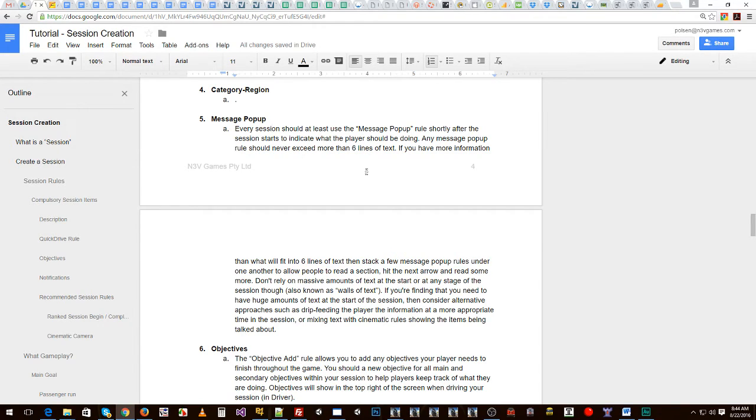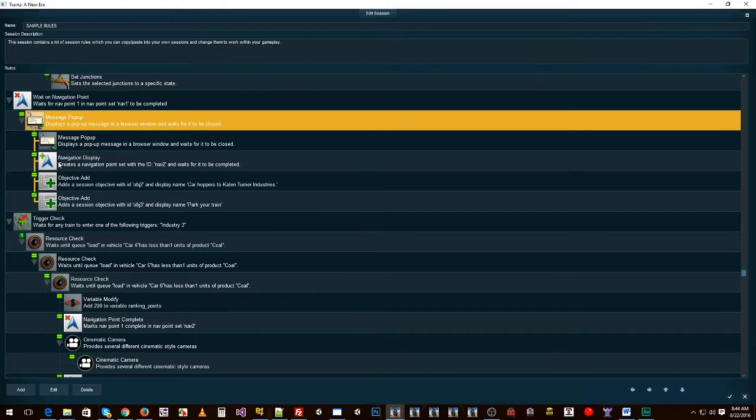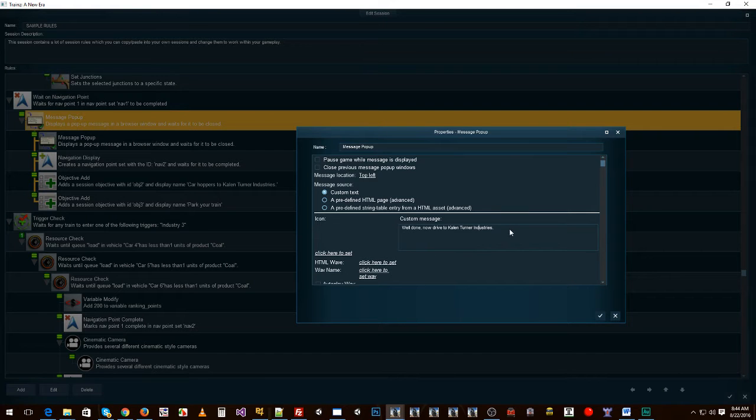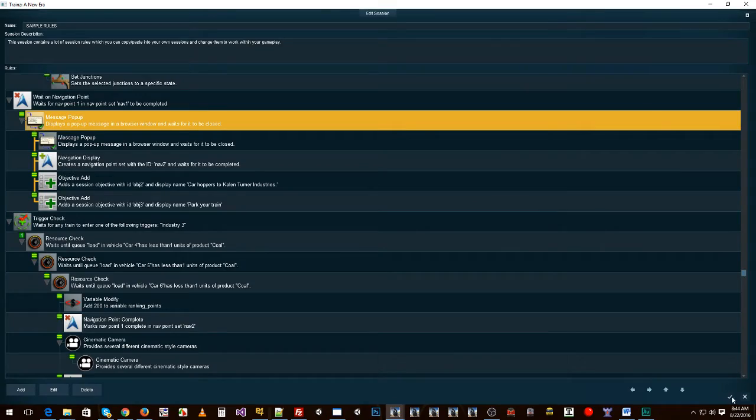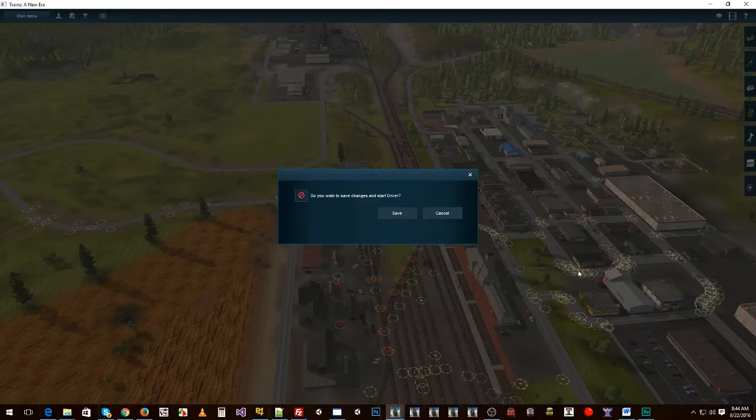Every session should at least use the message pop-up rule shortly after the session starts to indicate what the player should be doing. Any message pop-up rule should never exceed more than 6 lines of text. That's because these sessions are actually, you can see here, there's only a small amount of text in this one. It is an example tutorial though. But if we run this session,